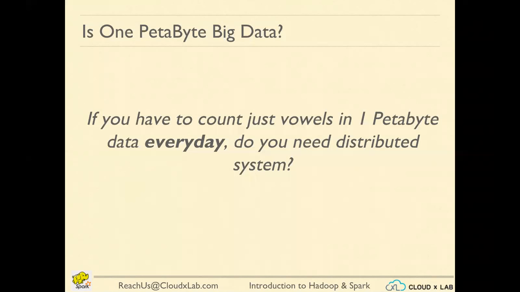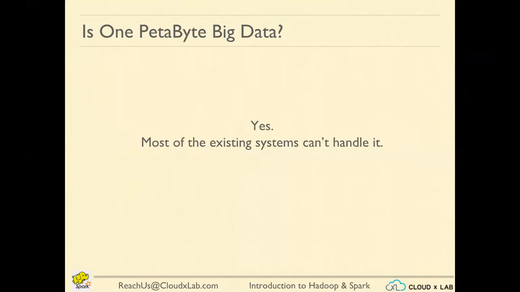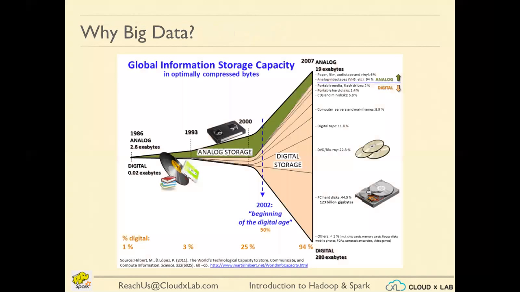Great. Great set of answers. I just went through the answers. Good. So yes, most of the existing systems cannot handle it. So we would require the distributed system. We would require the distributed architecture. That's right. So now,